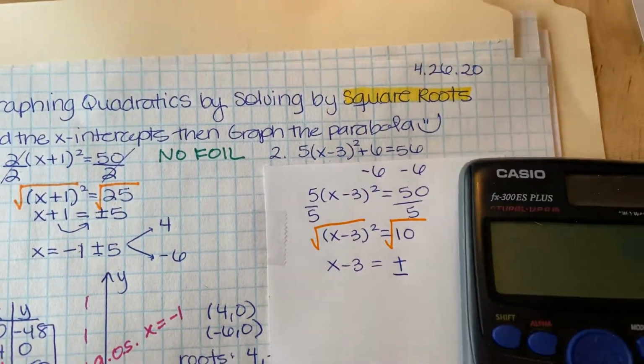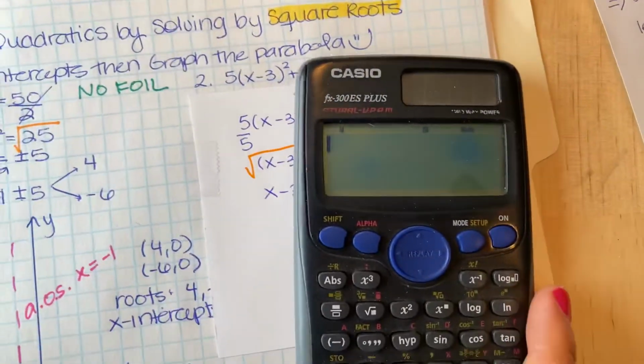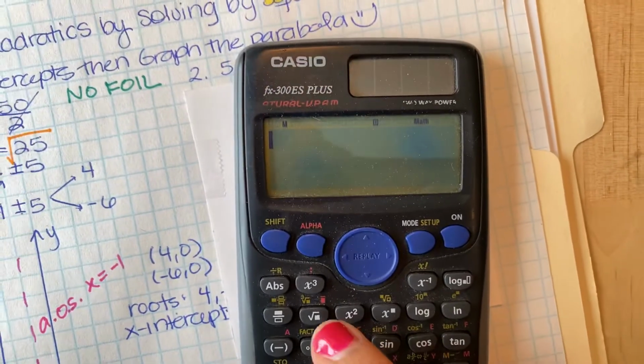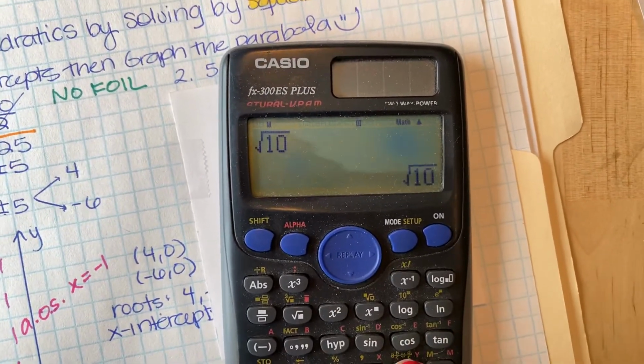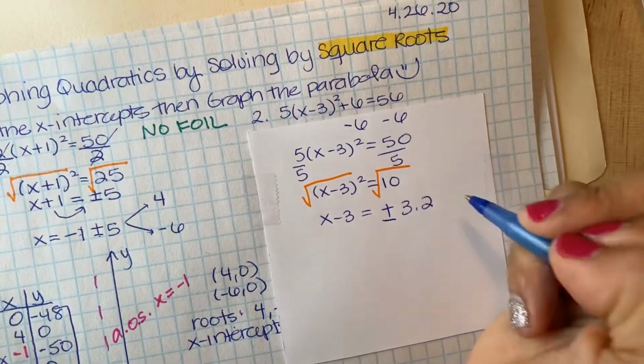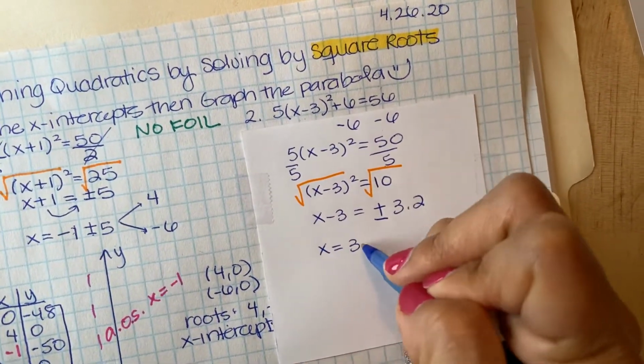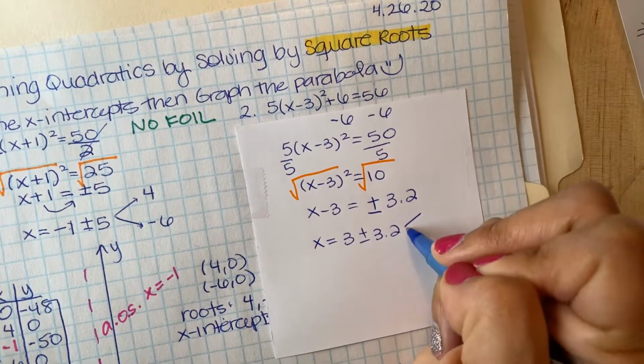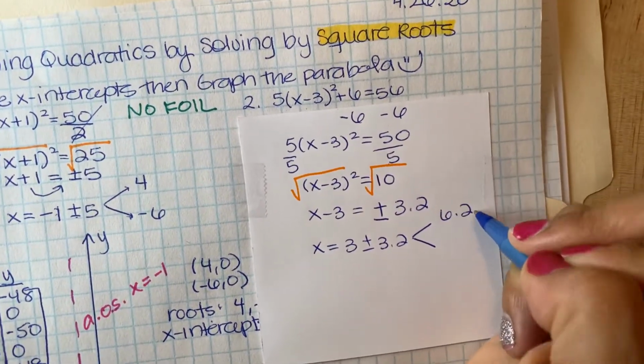And now we have a decimal, right? Because we already did integers and you're doing well with that. So the square root of 10 is about 3.2. Okay, so then we're going to take this over, x equals 3 plus or minus 3.2. Take your two cases: 6.2